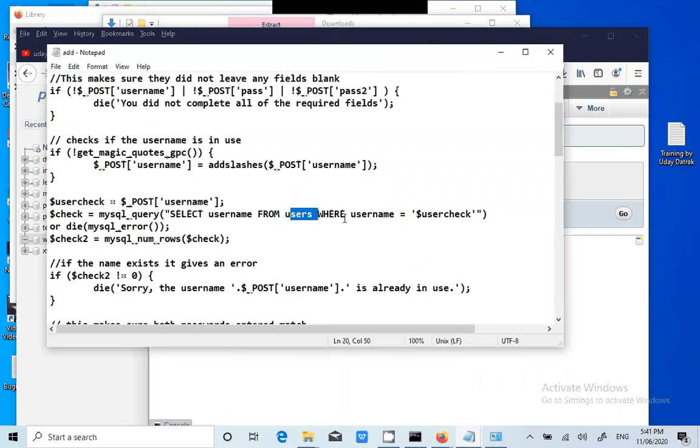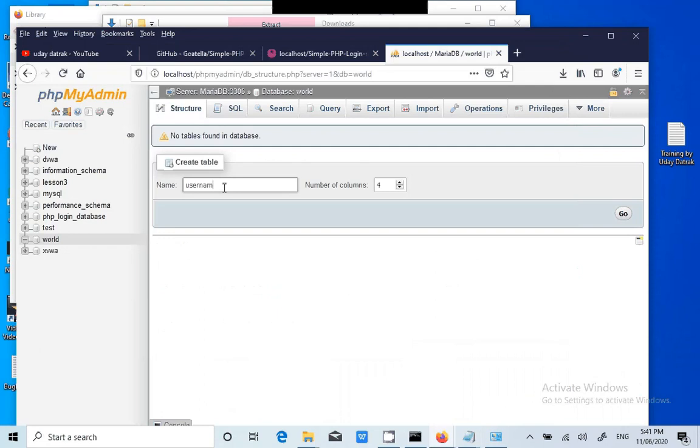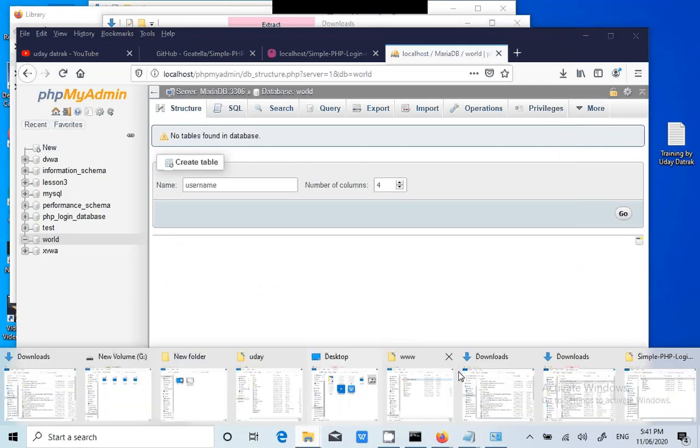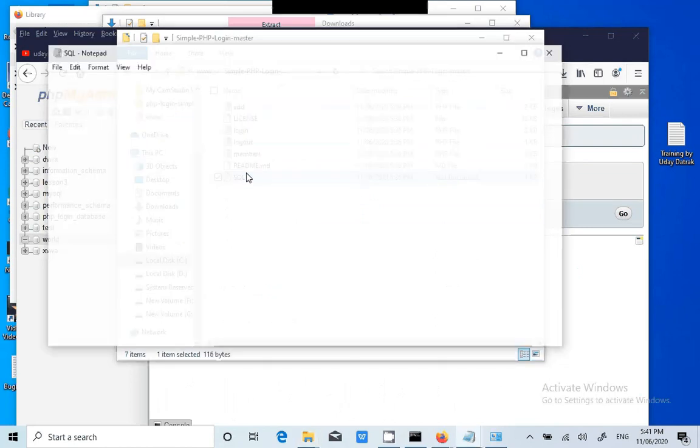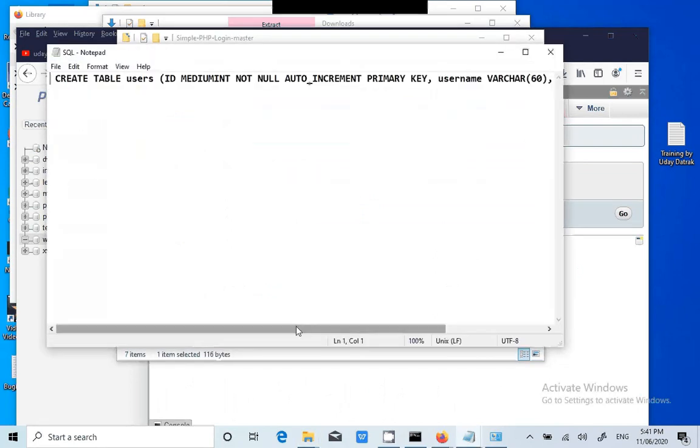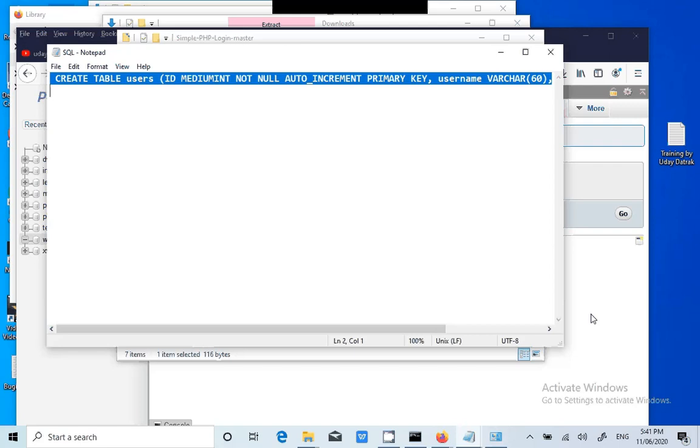Username. But how many columns do we need here? That's a dilemma, right? Before that, if you look at the code, they have given sql.txt. That means he has given a helpful command for us to create the table directly.